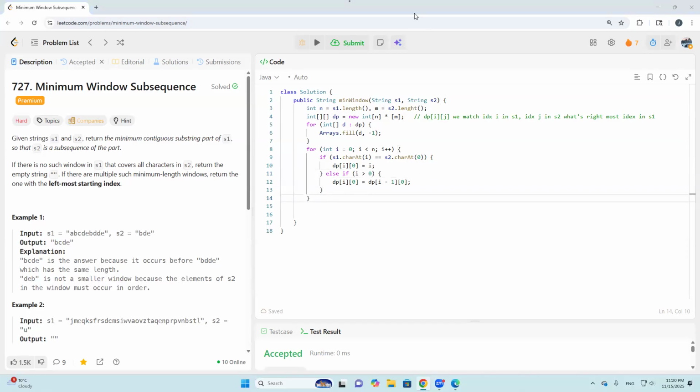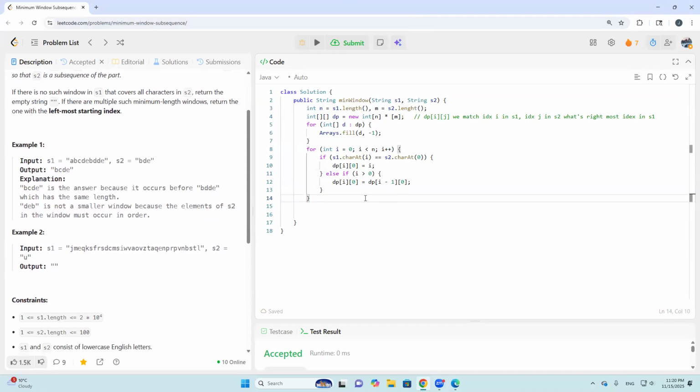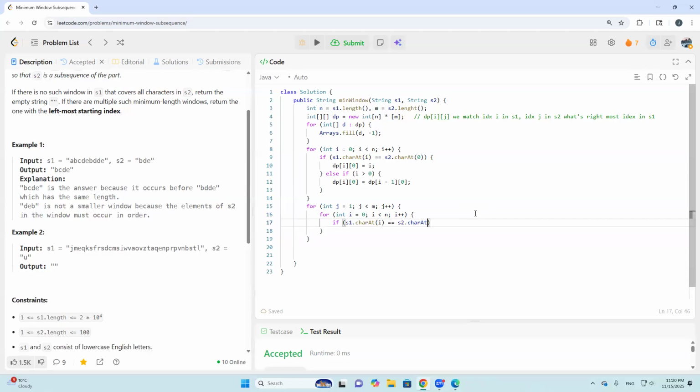Then what we do is, for the general case, for int j equals 1, j smaller than m, j plus plus, and for int i equals 0, i smaller than n, i plus plus, right? Then we'll have if s1's char at i equals s2's char at j, then we're going to have dp[i][j]